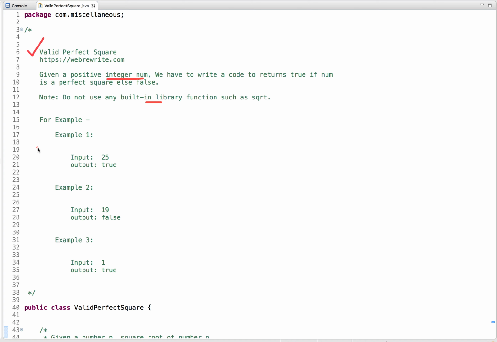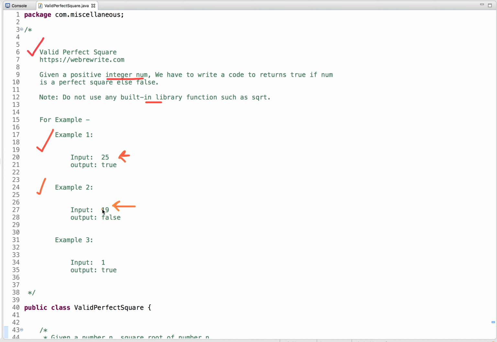In the first example, the input is 25, and if we do the square of 5 we get 25, so we return true, so it's a valid perfect square. In the second example, the input is 19, so we return false. The reason being, the square of 4 is 16 and the square of 5 is 25, so we don't have any number whose square is 19.